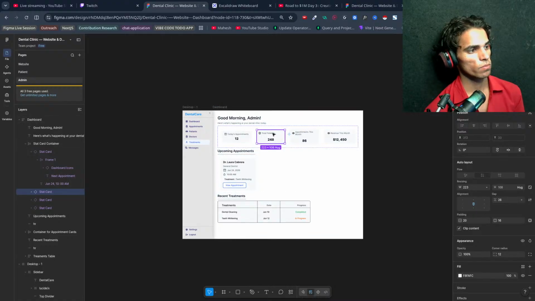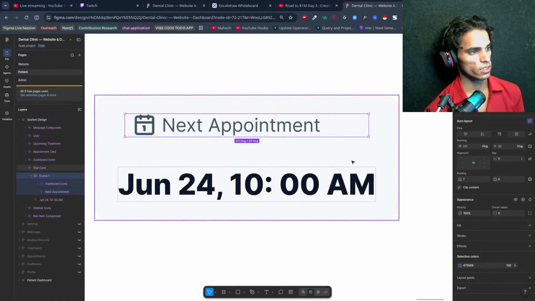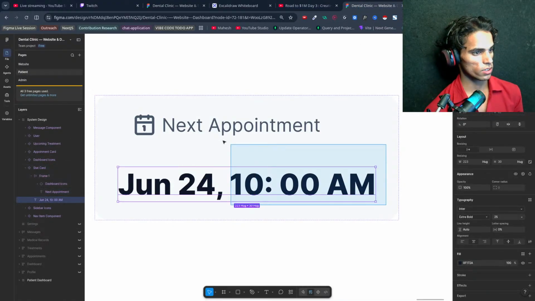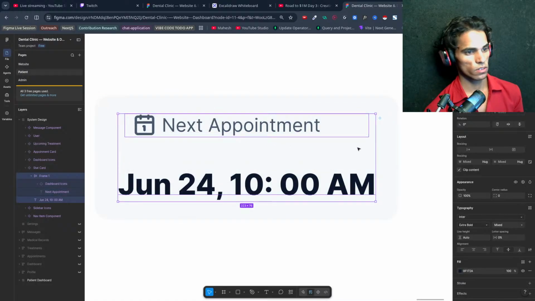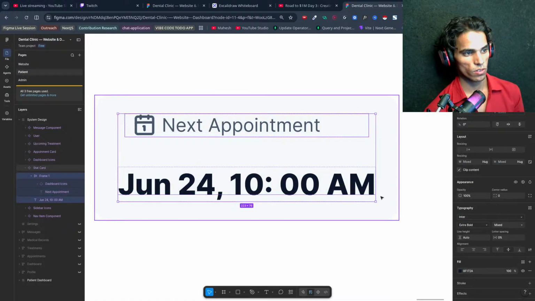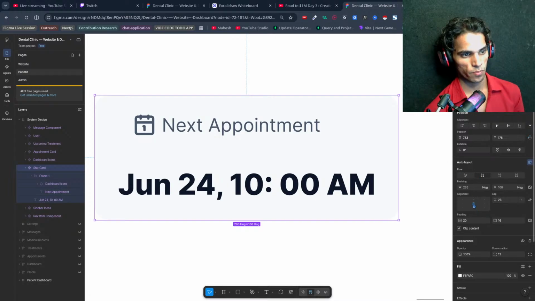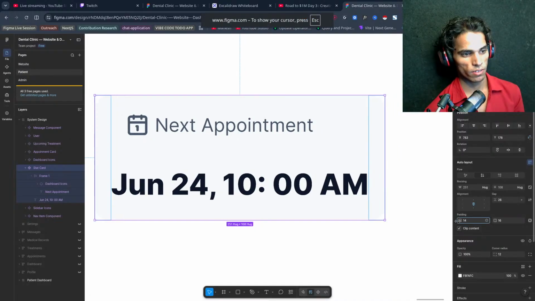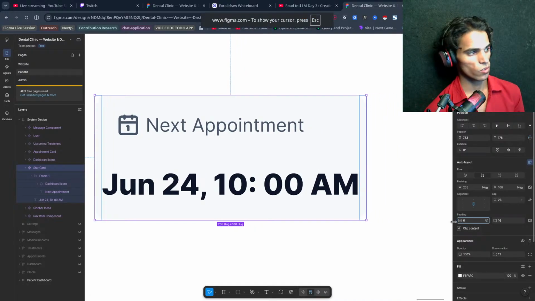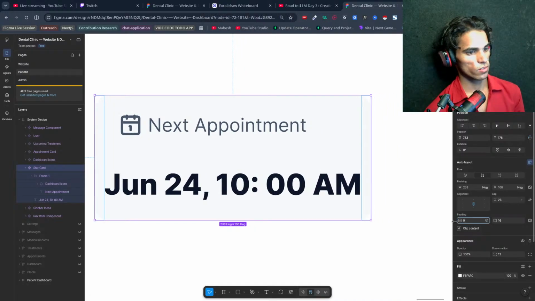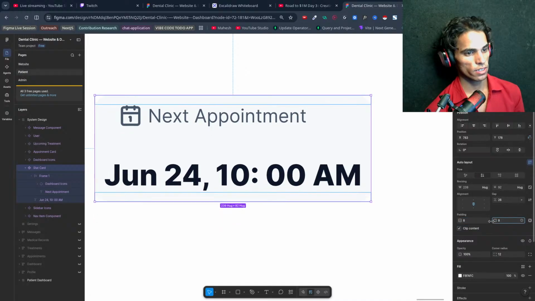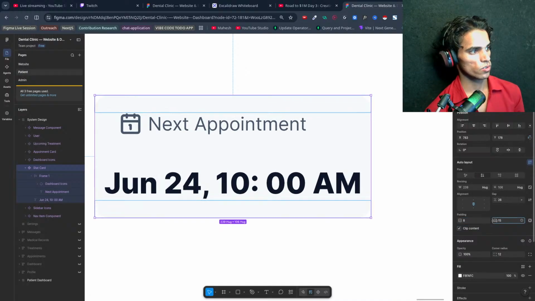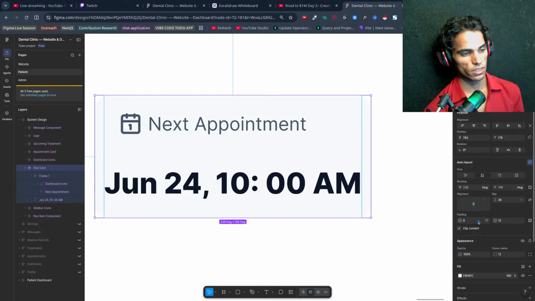I want to keep all the content in center, so what you can do for that is alignment should be center. This alignment is center, gap is 26, padding from this side is 20. I would like to reduce this to 8, and this can be a little larger.